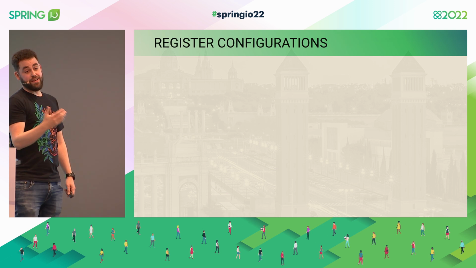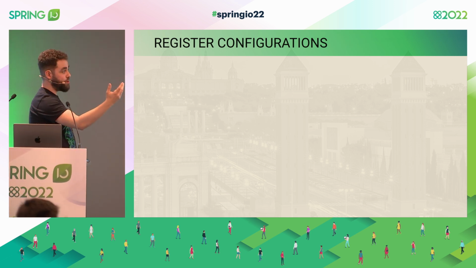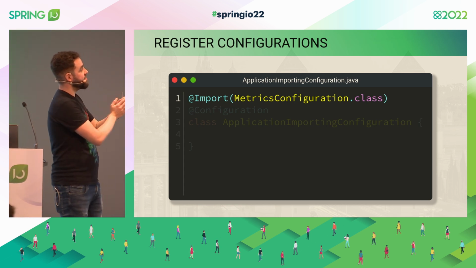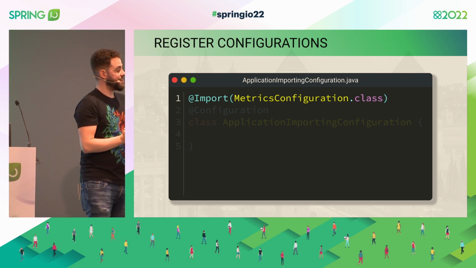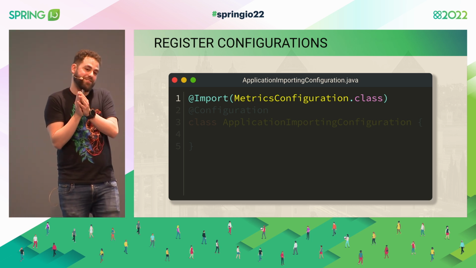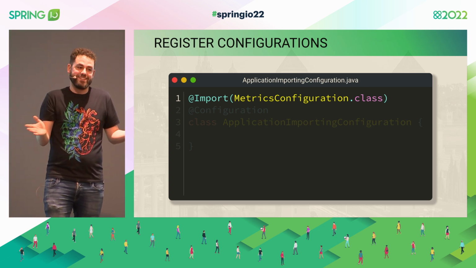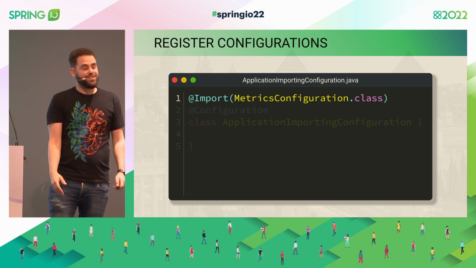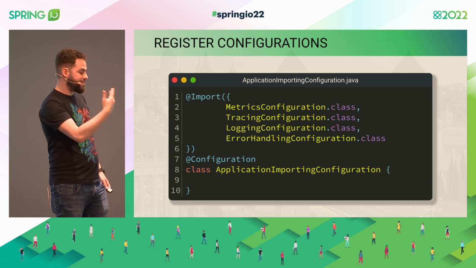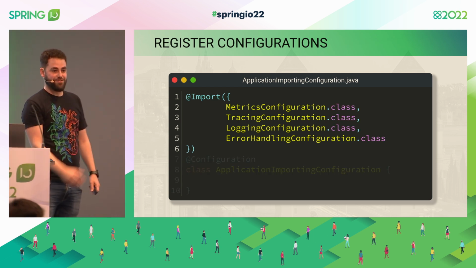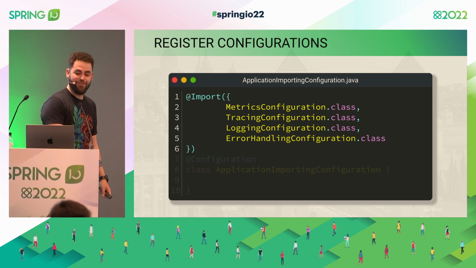So we can just go to the applications, so the developers, and say, OK, yes, please, kindly, on your application, add this import metrics configuration, right? And then that's it. OK, it's a trade-off. I'm just asking you to add a line of code in your application, and then I do all this magic. I think we can agree this is a good deal, right? Reality is that it's not that good, because as things evolve, we might be looking at something more similar to this, and actually probably a few more lines.